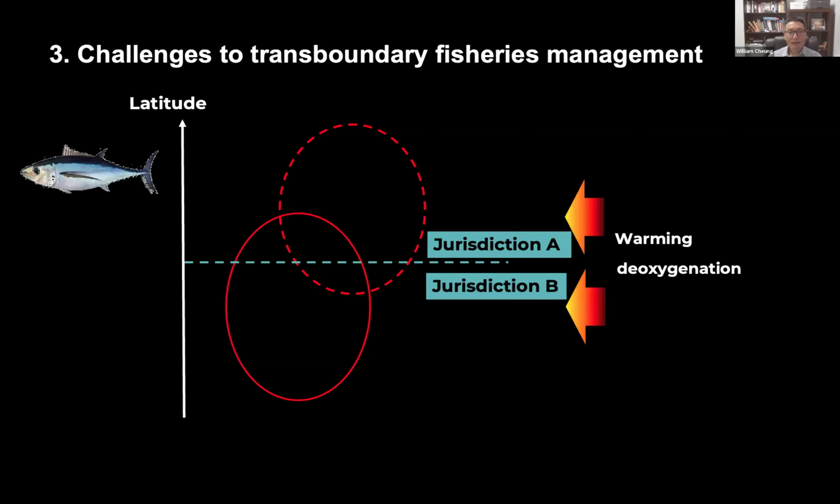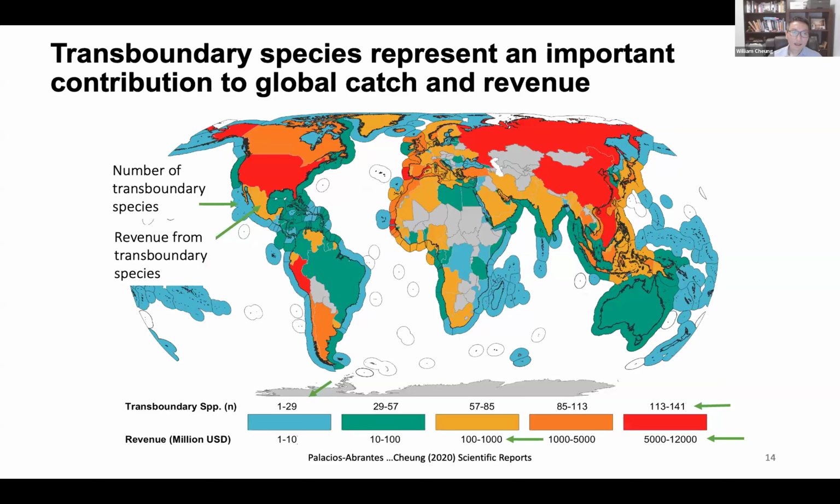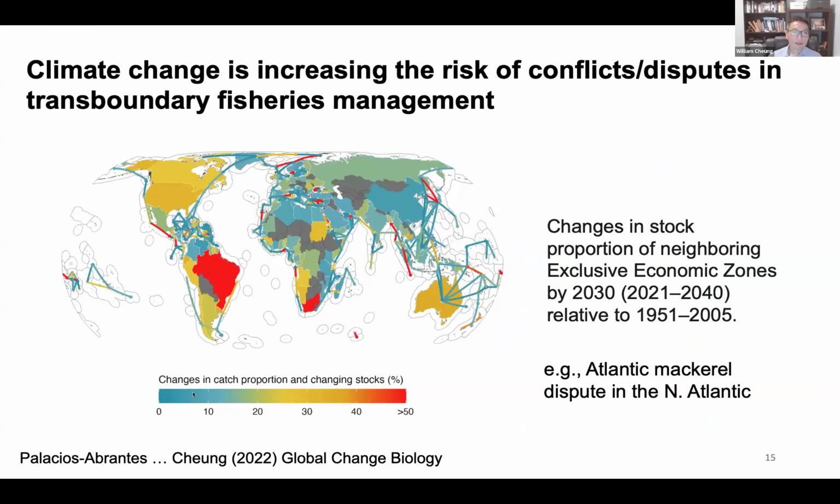The third thing I want to highlight is the challenge to transboundary fisheries management. Transboundary species, tuna, and other migratory species are really important contributors to global catch and revenue. There are also transboundary species between countries as well. For example, halibut is an example that Kelly highlighted. We modeled the distributions of these transboundary species under climate change scenarios, looking at how the proportions within different political jurisdictions would change over time. Then we used that as a metric to assess how much it would challenge transboundary fisheries management. When one fish stock shifts more to another jurisdiction, it means there will be more challenge to those